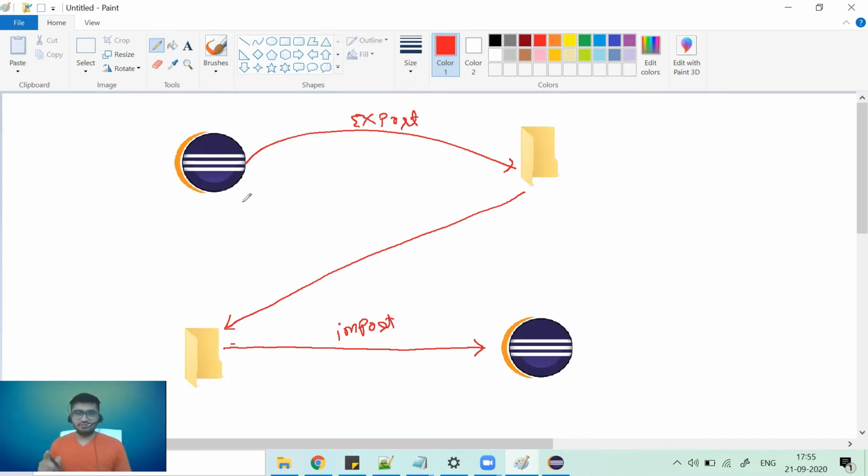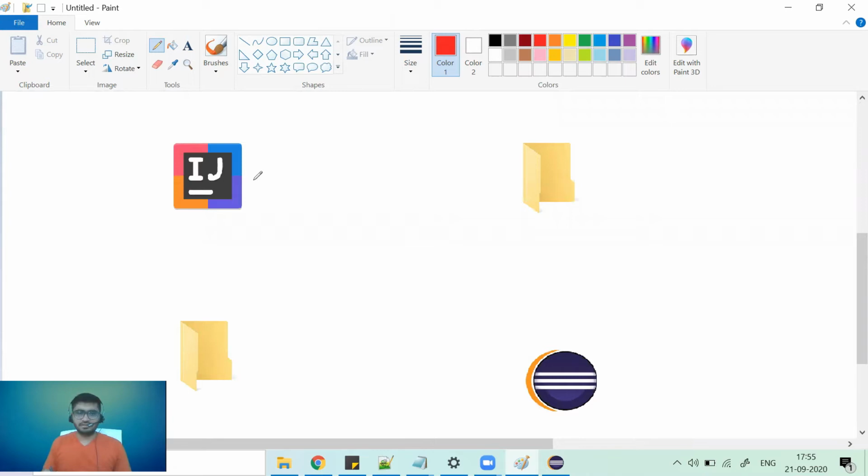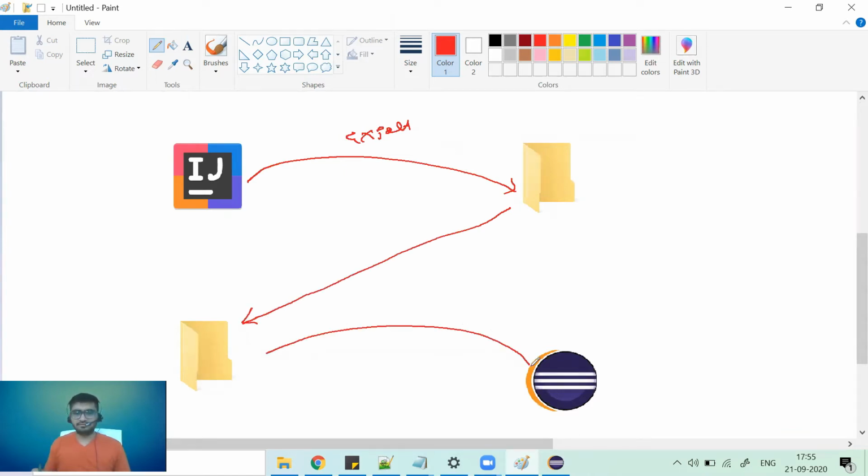But when it is not developed in Eclipse, that is the second case. So now let's see that. Let's say this is developed in IntelliJ. So they will do the export. And now you are taking that project and you want to import it into Eclipse. So now how will we do it? There are two kinds of cases, right? One is a project already developed in Eclipse and one is a project developed in an IDE other than Eclipse. We are going to see both kinds of cases in the practical.